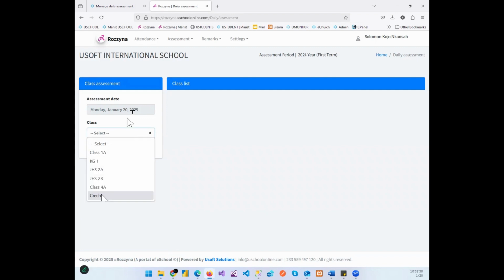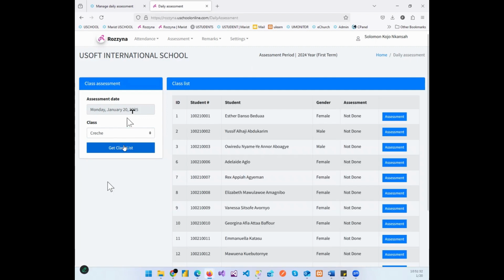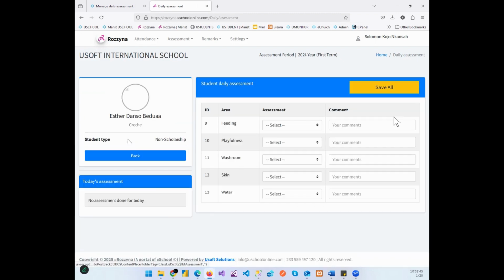So I select my crèche, then I get my list. These are the list of students. You can see assessment for today for all of them: not done, not done, not done, not done. To do this, I go to assessments. Then I get the student details and whether the assessment has been done for today. Also, you'll see it here. So I select